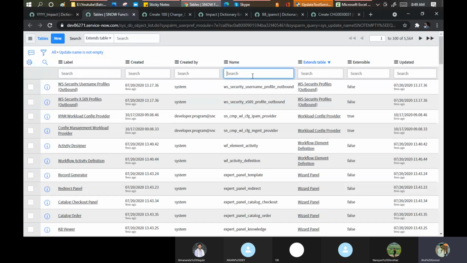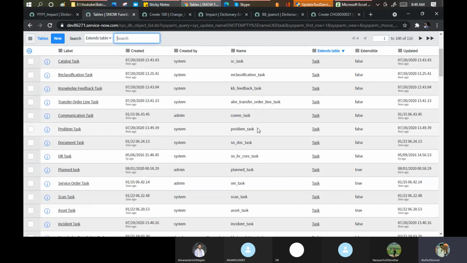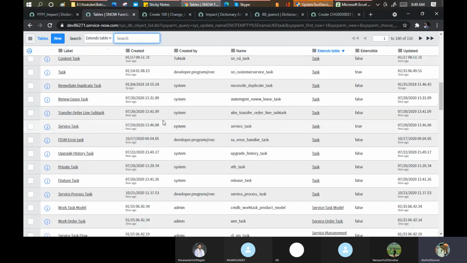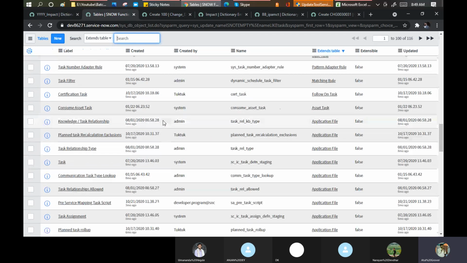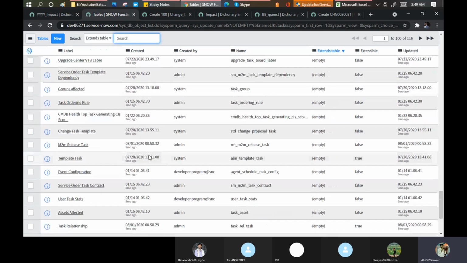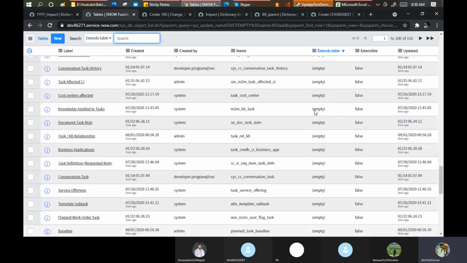Okay, if I open this task table, only task table is where. Empty. Show matching.